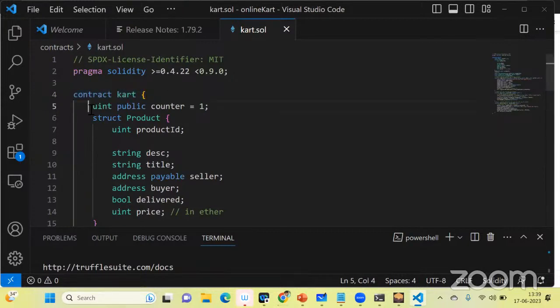Now we are putting a counter over here saying that a product count should get started with 1. Whatever product is added by the seller into the online cart, it should start with 1. Then you have a struct. Struct means structure. The structure name here is product, so that whenever I'm going to